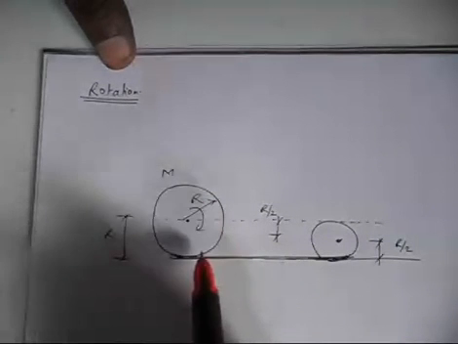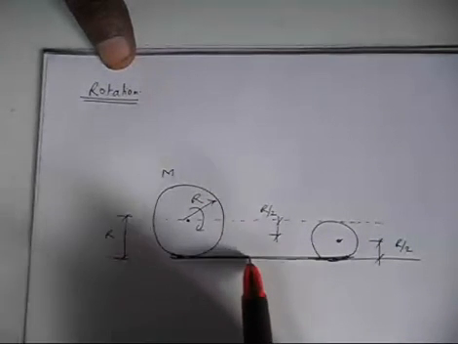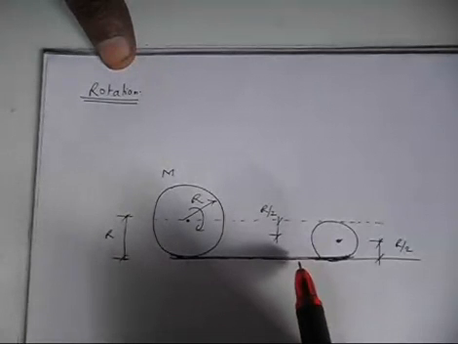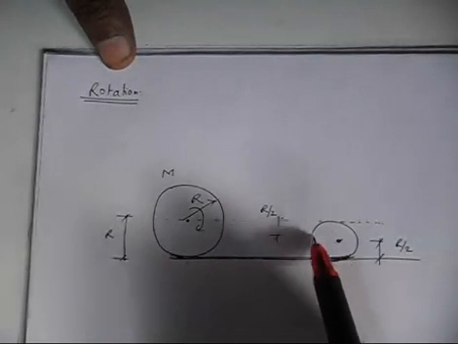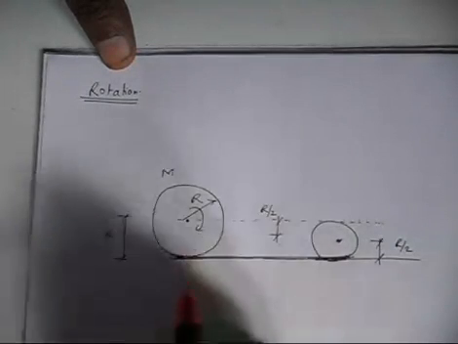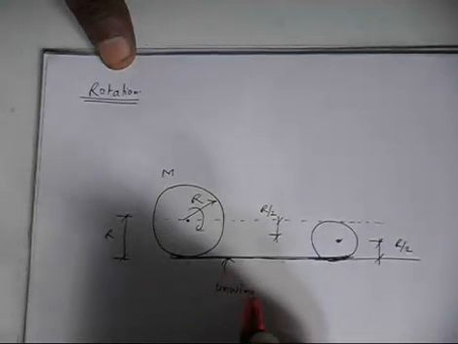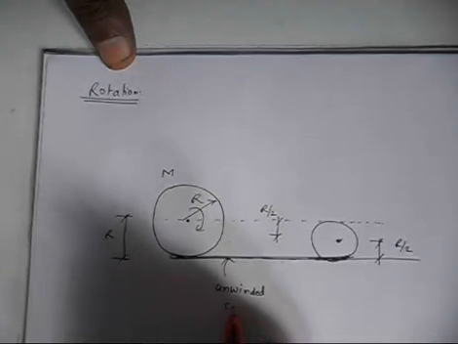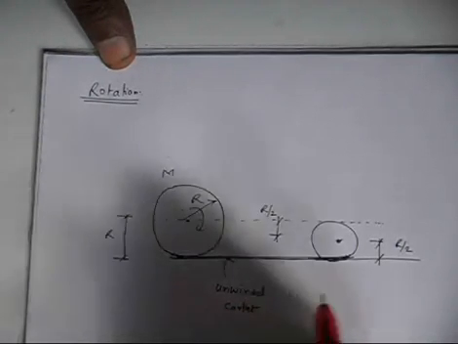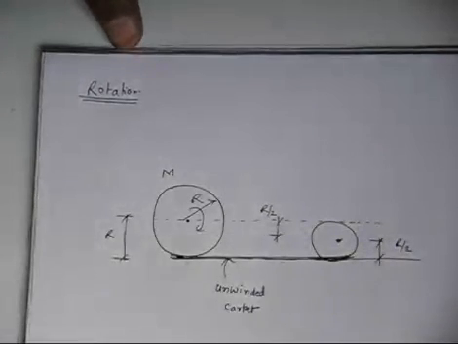Initially the radius is r. So some of the carpet is lying down on the ground, and the rest of the carpet is banded. So this is the unbanded carpet, and this is the banded carpet. So you see, in this case we have to find